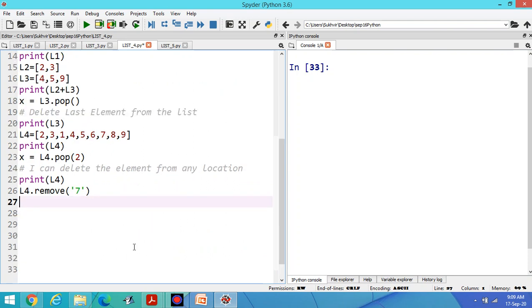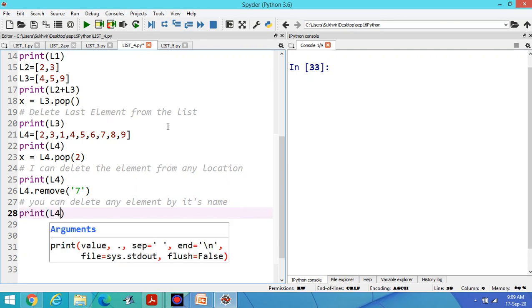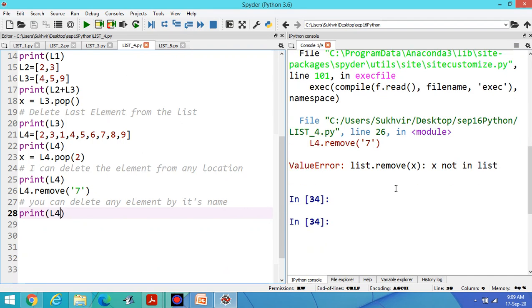Without using location, you can delete any element by its name, like this. Now print L4. Now check the output. X is not there in the list.